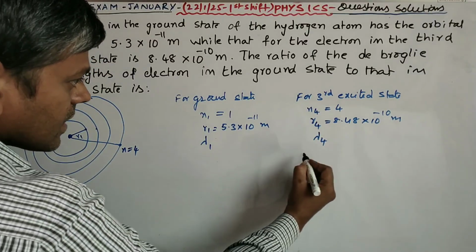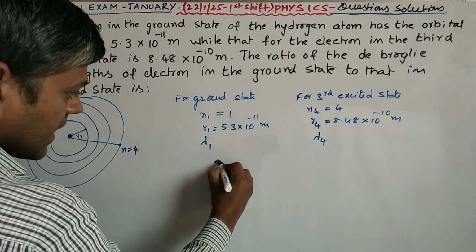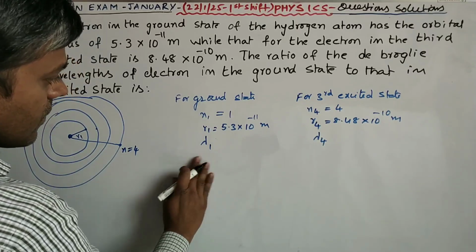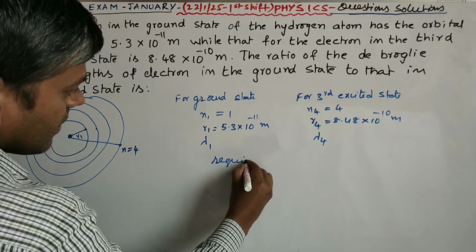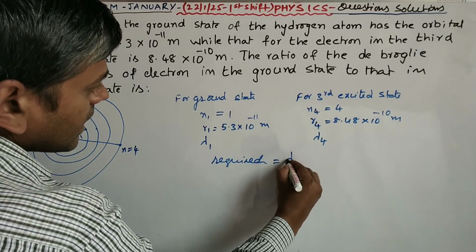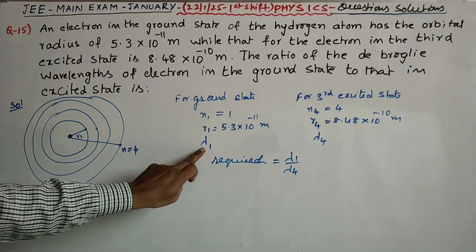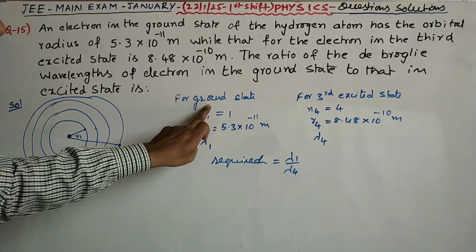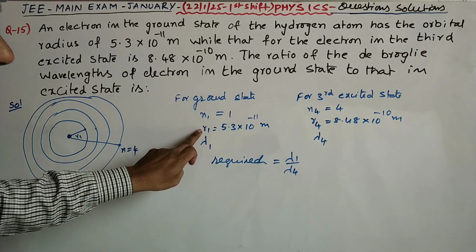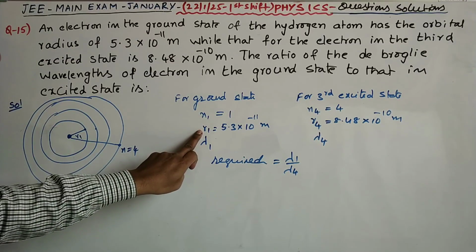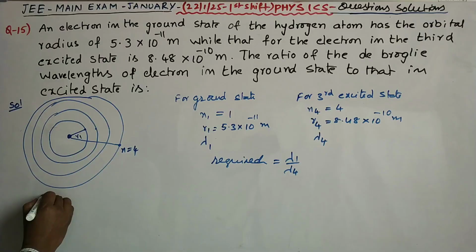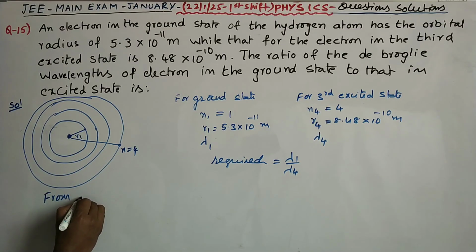What is required is lambda 1 by lambda 4. First of all, you should know how the de Broglie wavelength is related to the principal quantum number as well as the radius of an orbit. From the de Broglie hypothesis,